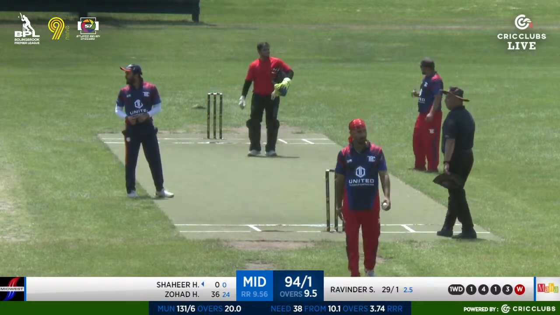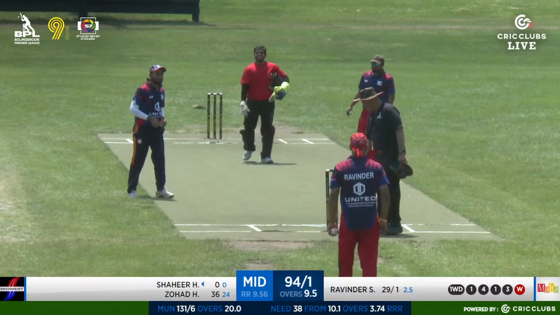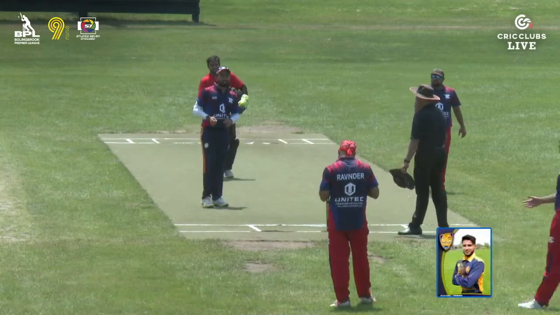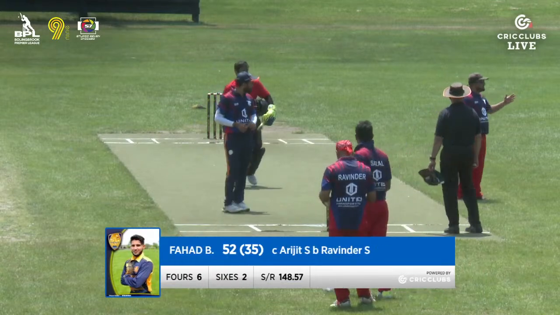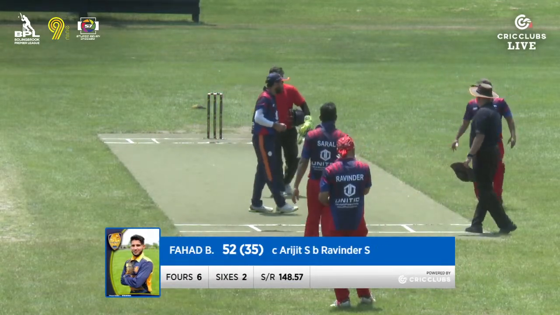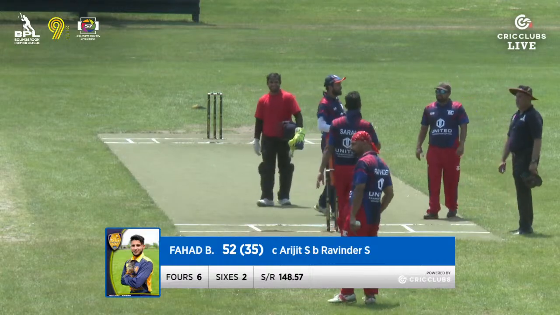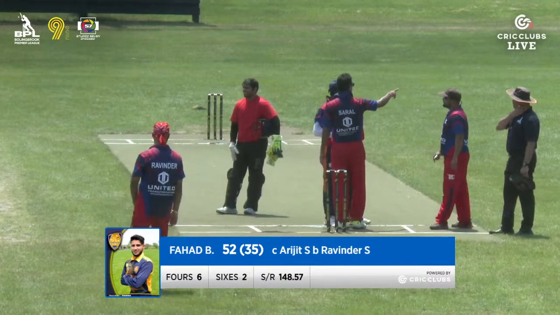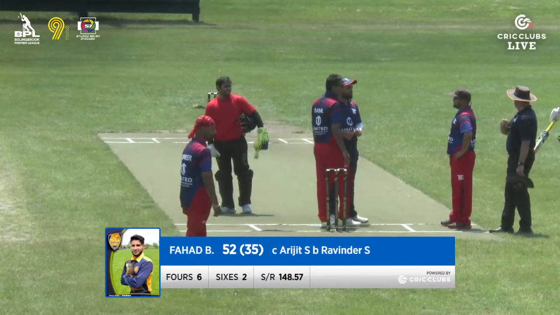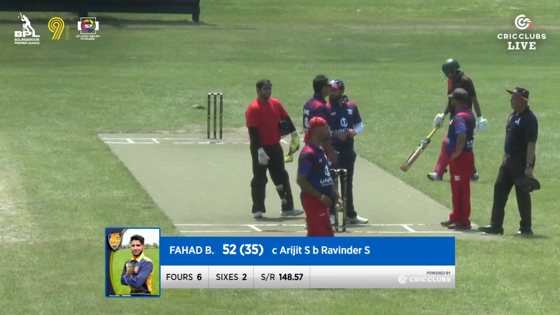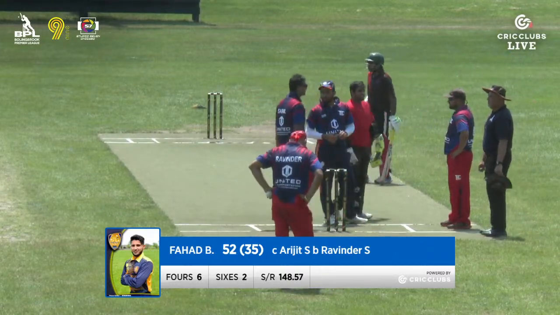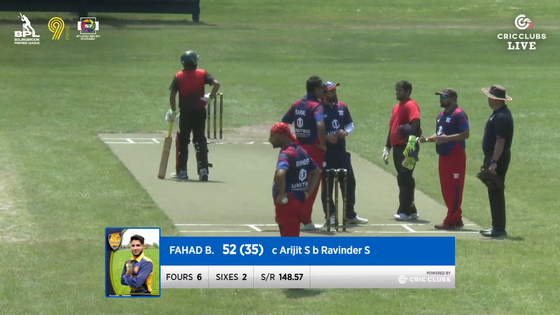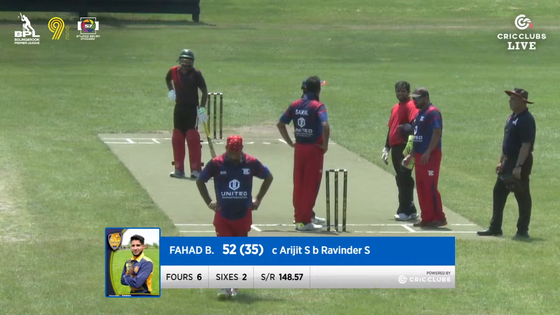And the first wicket goes down. Let's just bring up his figures here. We had Fahad Baba, 52 runs off 35 deliveries, caught by Arijit, bowled by Ravinder. United Maharishi will be happy to pick up that wicket, although it may be a little bit too late at this stage. But again, always satisfactory to pick up a wicket even in a losing cause. Nonetheless, the game is not yet over. 6 4s and 2 6s there